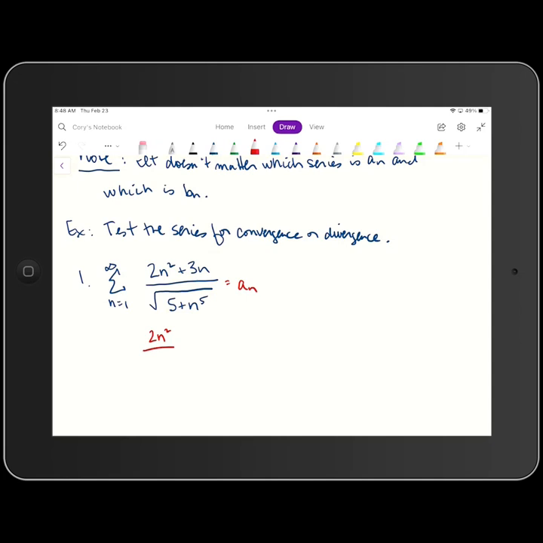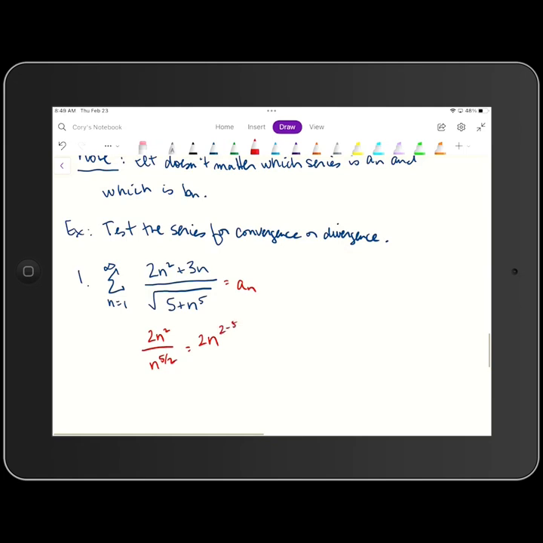The highest degree term on the bottom is going to be the square root of n to the 5th power, so I can write that as n to the 5/2 power. And then whenever I use my laws of exponents, when I'm dividing two exponents that share the same base, I can subtract their powers, so that's going to be 2 times n raised to the 2 minus 5/2 power, which is 2n to the negative 1/2 power, which I can rewrite as 2 over n to the 1/2 power. Okay, and I'm going to make